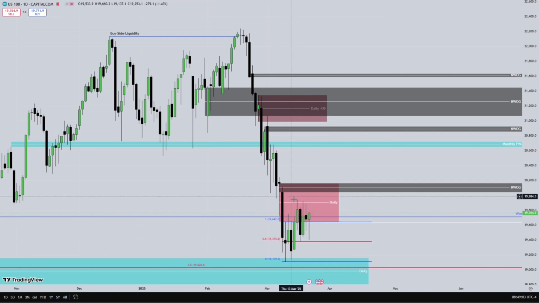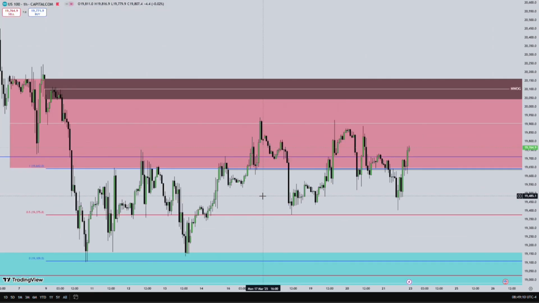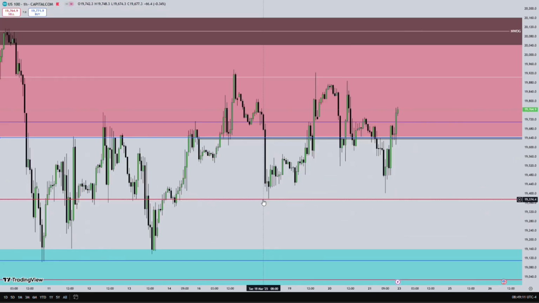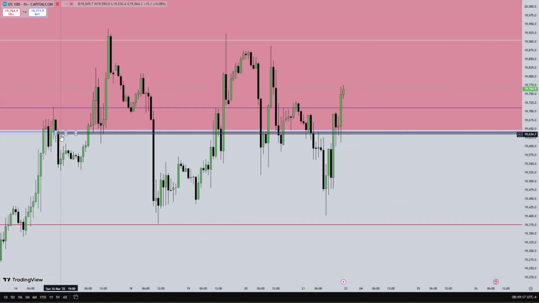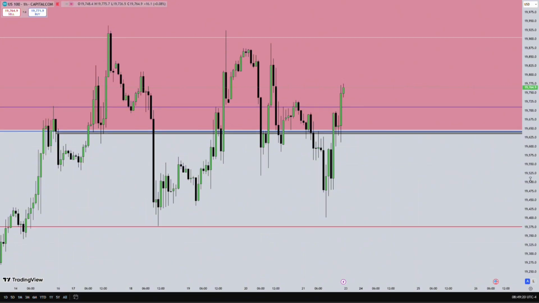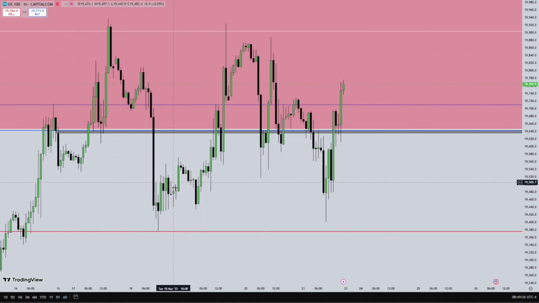Then here on the hourly chart, it is pretty much the same. We can see that price has been consolidating. We can see the market structure a little bit, the intermediate term lows and the short term lows. And here is the new week opening gap that price has been consolidating around.